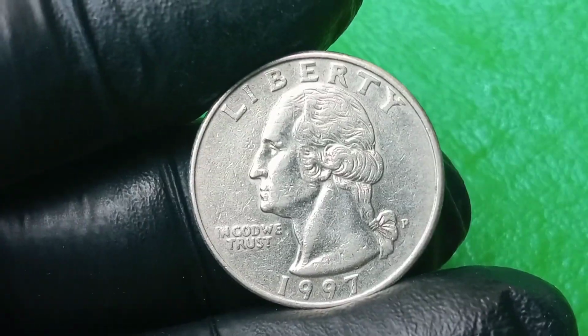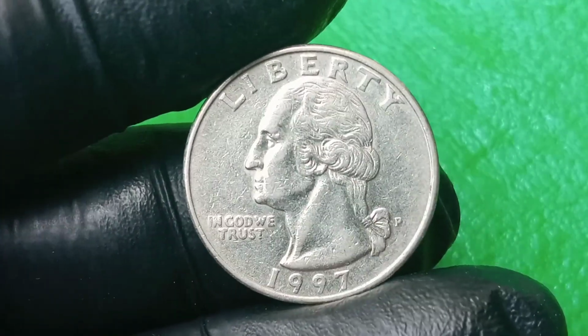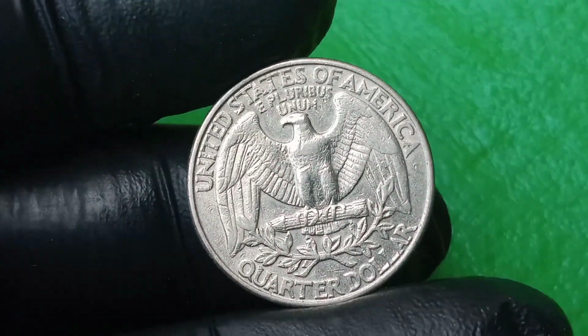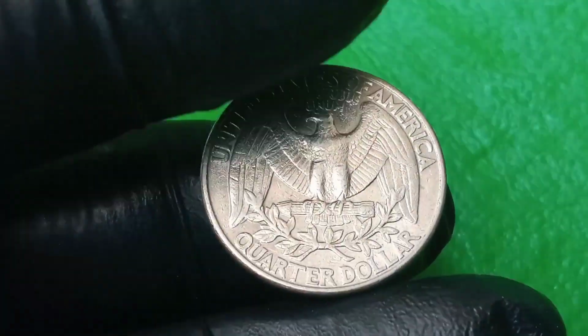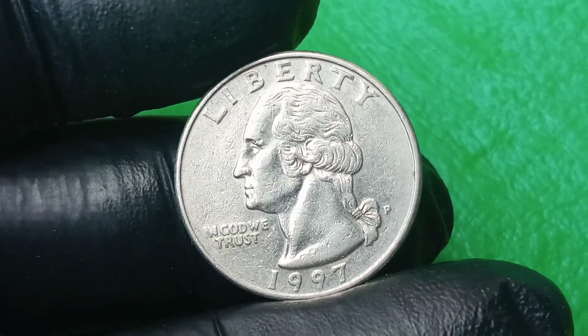So buckle in as we explore how a coin that was originally worth just 25 cents became one of the most valuable and sought-after collectibles in the modern world, a true treasure hiding in plain sight, beginning with its origin at the Philadelphia Mint in 1997, a year that might not stand out in U.S. minting history at first glance, but behind the scenes, something extraordinary was happening that would turn this coin into a